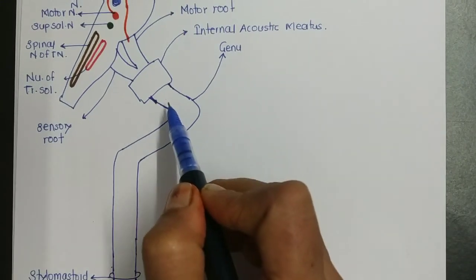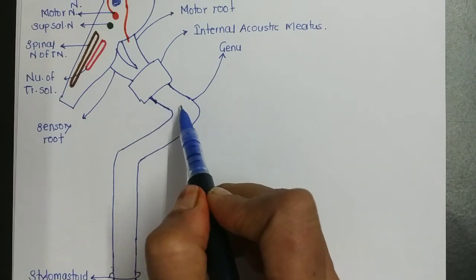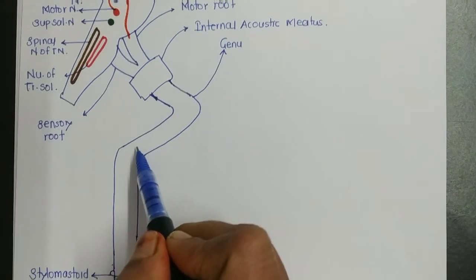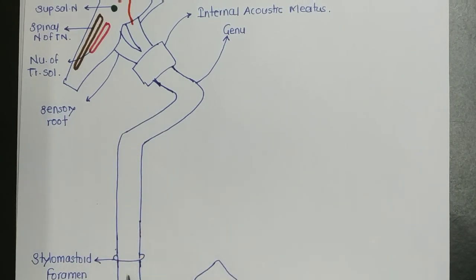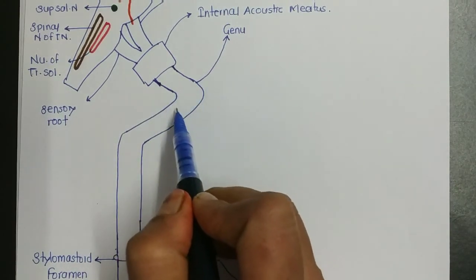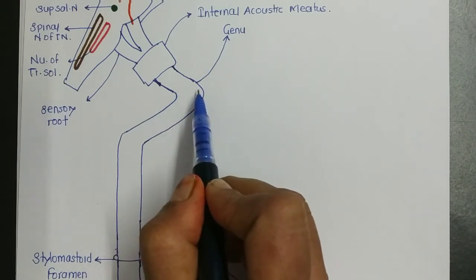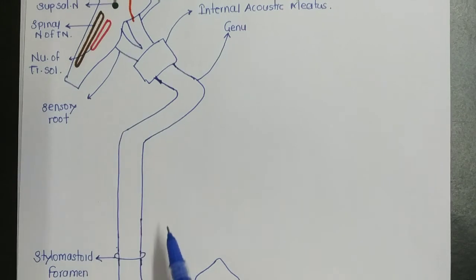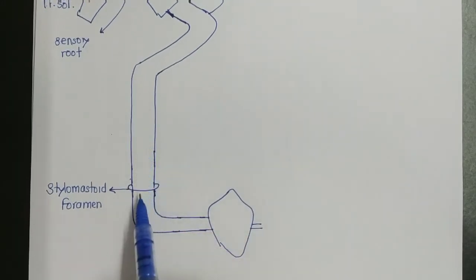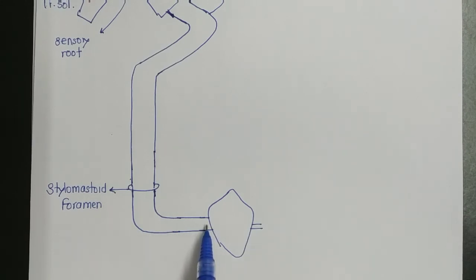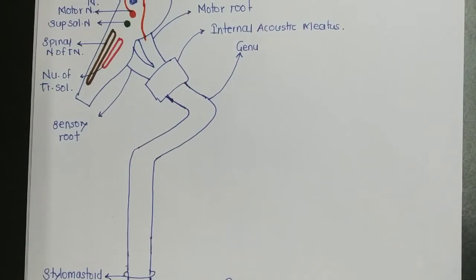In the facial canal, it has 3 parts. First part directed laterally, second part directed backward and third part directed vertically downward. Because of this, there is formation of 2 bends. One is sharp called as genu and the other is gradual. After passing through the bony facial canal, it comes out of the stylomastoid foramen. Then in its extracranial course, it passes forward superficial to the styloid process, pierces the parotid gland and then divides into 5 terminal branches. So this is the complete course of the facial nerve.